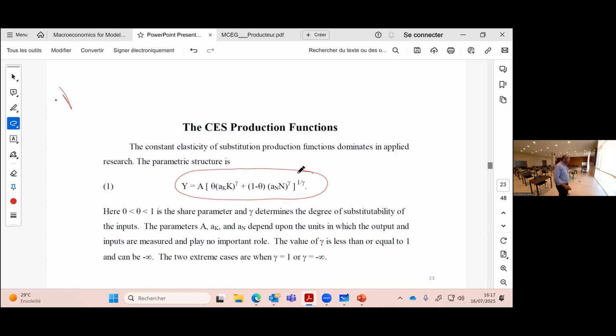In this specification, you see that we have capital and labor, here noted N in this slide, and production is Y, and we have many other parameters. But this is a constant elasticity of substitution. If you use this,